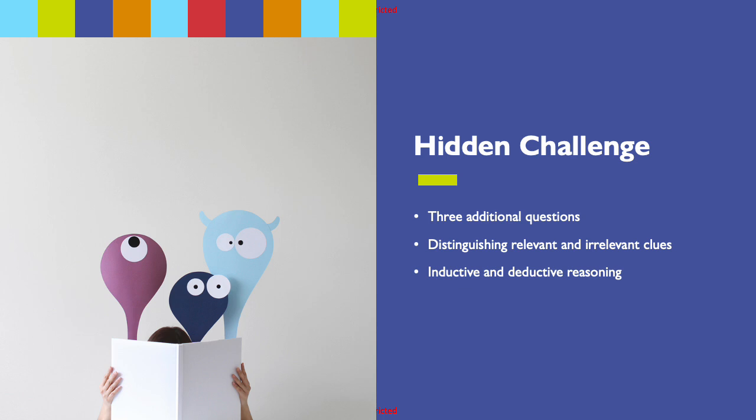The hidden challenge takes the student back to the initial clues of the cash register, the wet floor and mop, and Joe the waiter. The questions were again in MCQ format, as only a correct answer would trigger the next question. In this series of questions, distinguishing between relevant and irrelevant clues involved both inductive and deductive reasoning, depending on the question. In critical thinking, both types of reasoning are